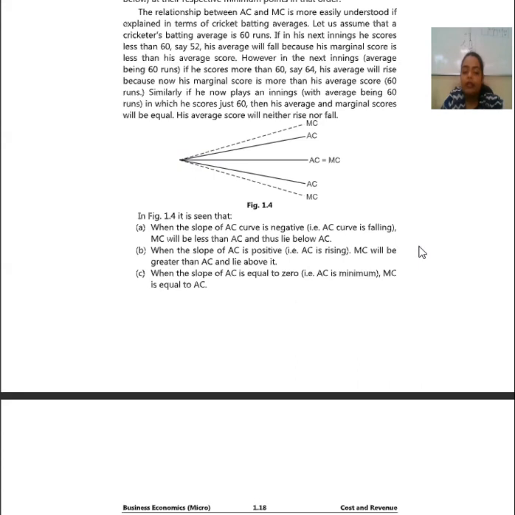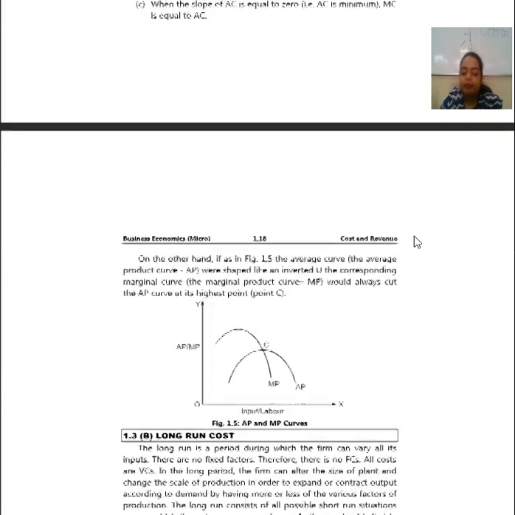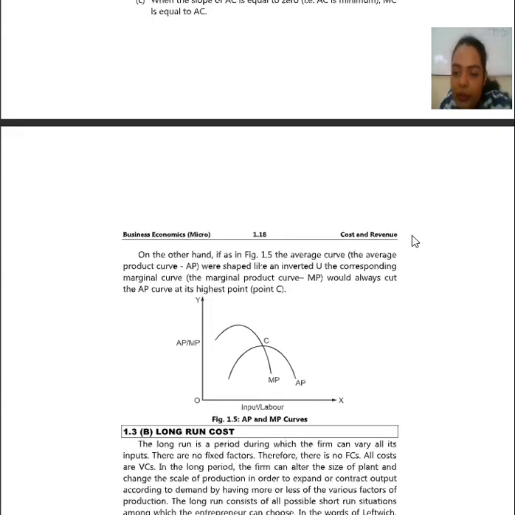When the slope of AC is positive, that is AC is rising, MC will be greater than AC and lie above it. When the slope of AC is equal to 0, that is AC is minimum, MC is equal to AC. So, with this we can understand,